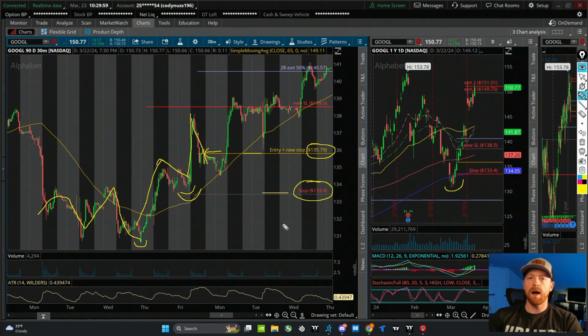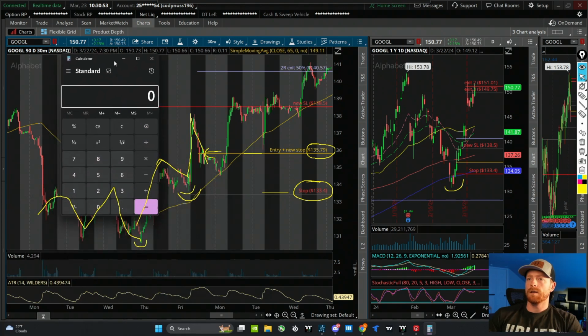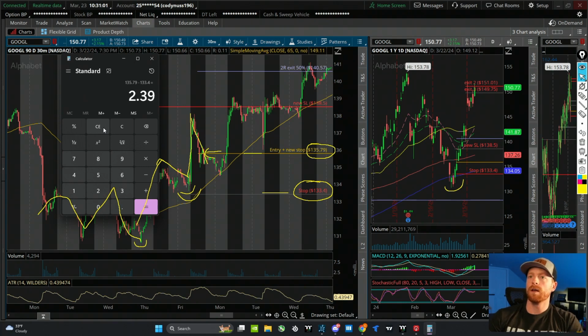And this was all planned out before I entered the trade, so I had an idea of what my risk would have been, and we're going to go over that. So like I said, the night before, I already had planned this trade out, and I knew where my stop was going to be. So then you have to ask yourself, how much money do you want to risk on the trade? So how I figured this out is the night before, I'm just estimating where my entry is going to be. So if we were to take a calculator and say I'm getting in at 135.79 and stopping out at 133.40, I'm risking